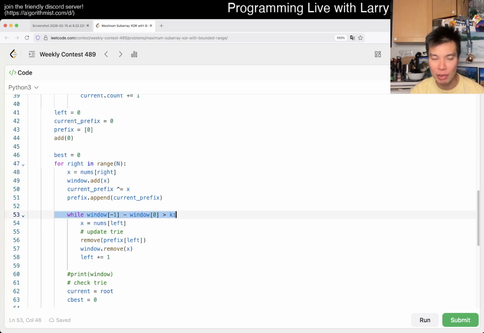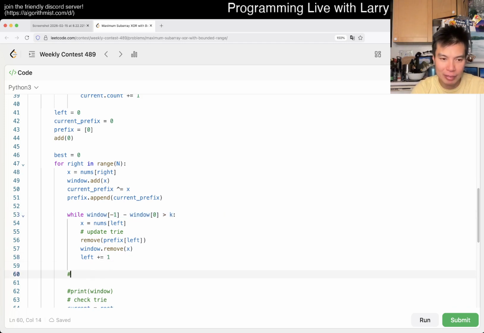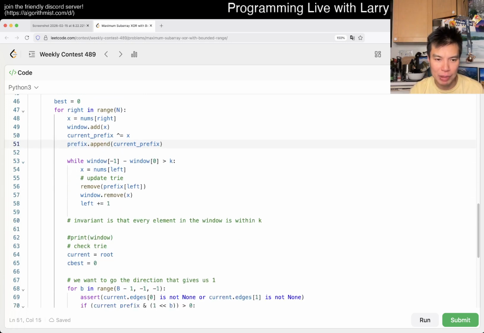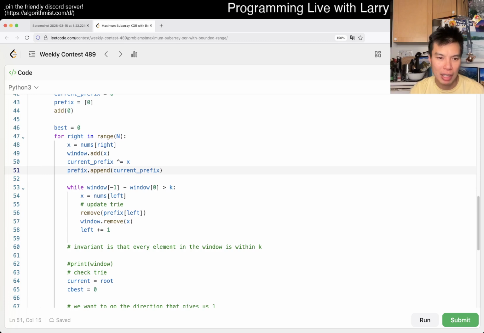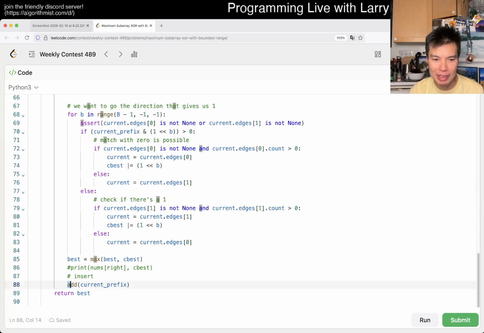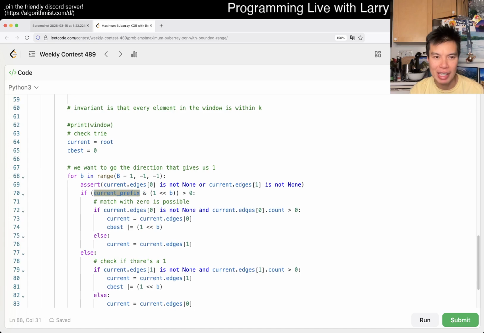And then while the invariant holds, because after this, that means that the invariant is that every element in the window is within K or something, right? But of course, then you also have to update and remove from the prefix tree. And that's basically the idea: as you remove elements, we remove the consideration of the prefix. As we add elements, we add the consideration of the prefix. And then now,